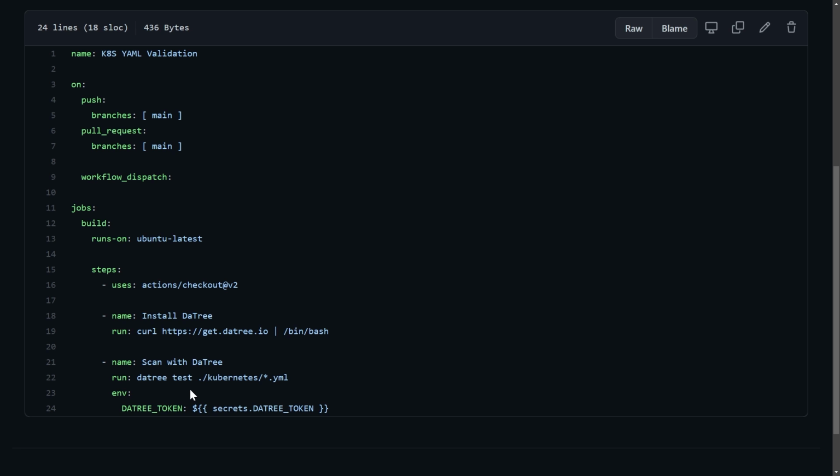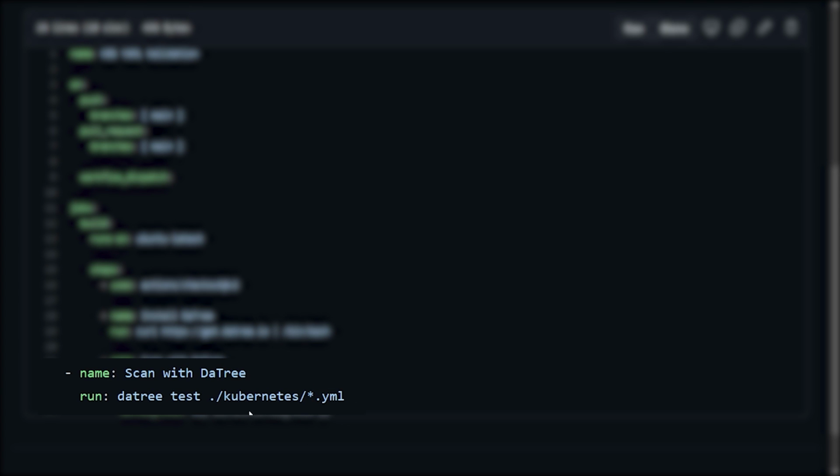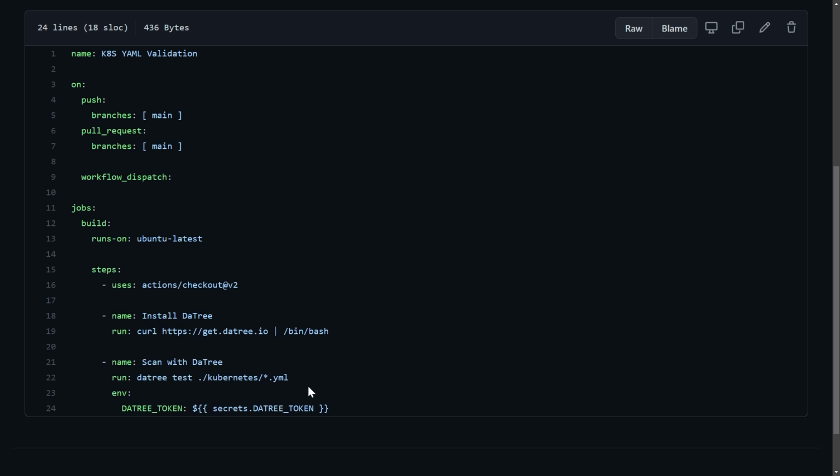In all the examples I had in the local environment, I was using a single file, but Datree also supports scanning on multiple files. In this case, I have multiple YAML files in the Kubernetes folder, so I'm just passing the folder itself and star.yaml. The only thing we need to do differently from the local system is that since we don't have access